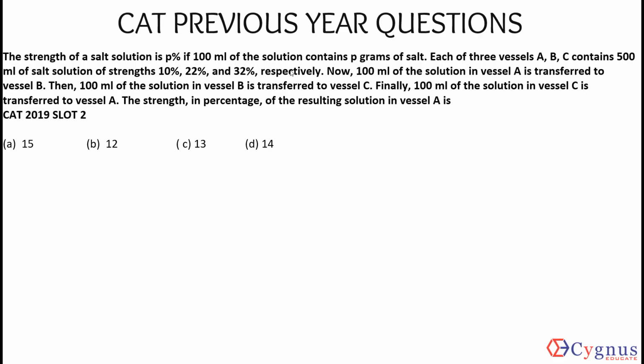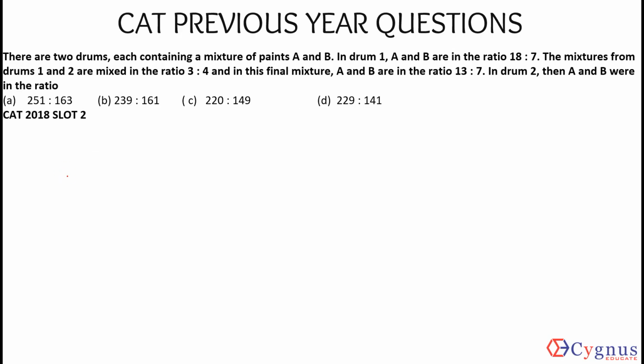Each of the three vessels A, B, C contains 500 ml. Now I'm not going to mix 100 ml. They are 500 ml initially of salt solution of strength 10%, 22%, and 32%. So can we say for A, just a second,